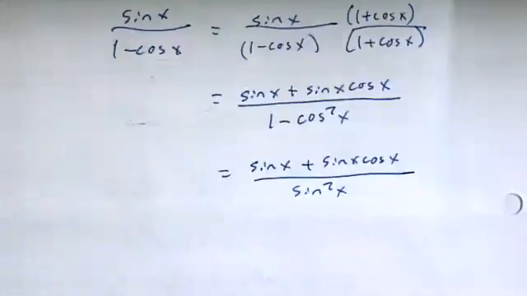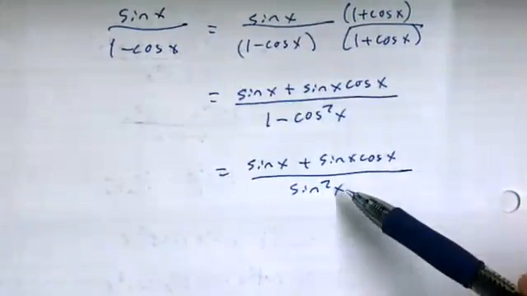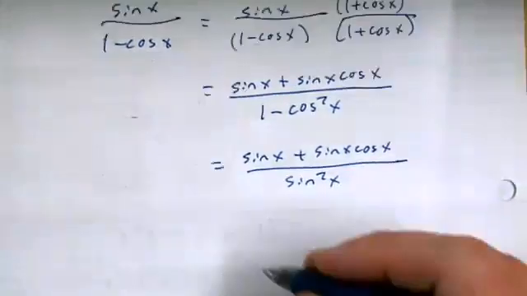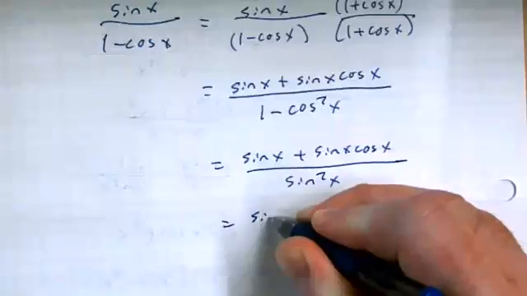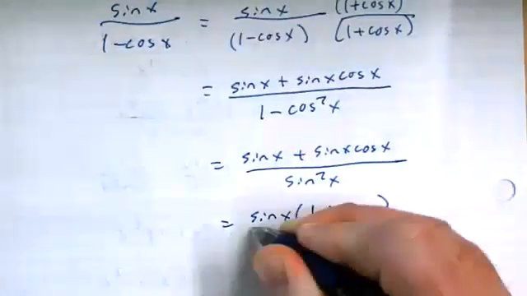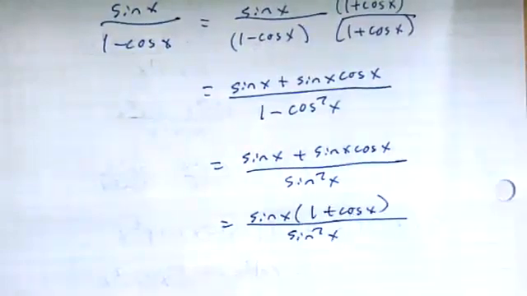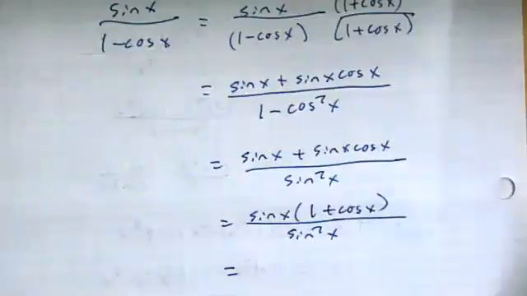Oh, my bad. Yeah, probably should not have distributed that sine x, because now I want to cancel it. So causing myself extra work here, but whatever. So now I can cancel my sine x and my sine squared x. I didn't need to do this many steps, but